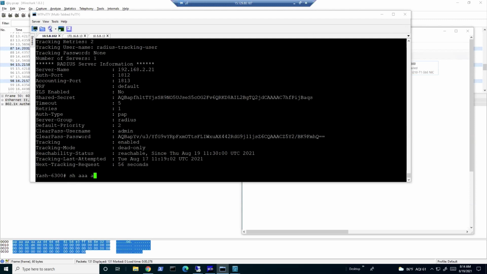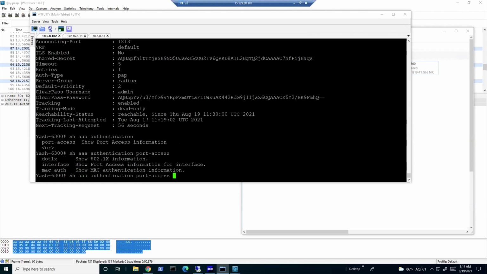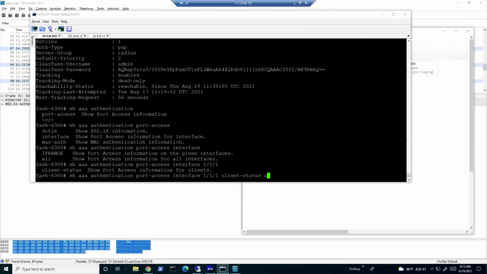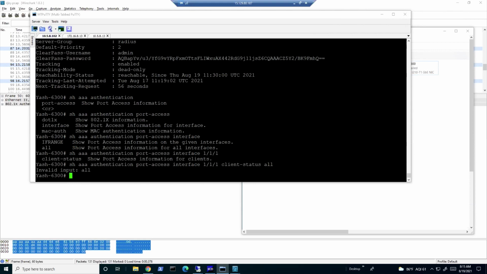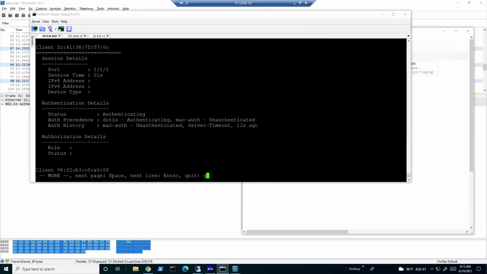Show AAA authentication port access. This is all very important when you are debugging. So interface 1/1/1 client status all. Oops, what did I do? A mistake. Client status, that's it. Okay, there is no all here. So you can see there is session time.